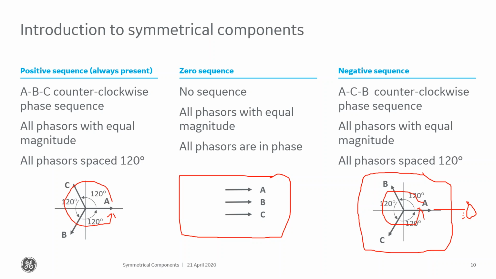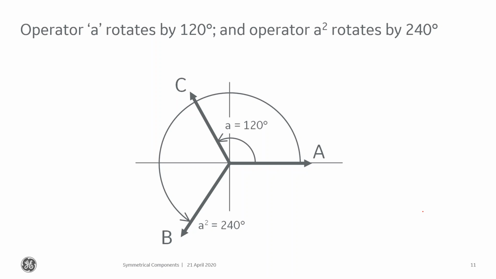But again, all of the phases are equal and all of the phases are equally spaced by 120 degrees. So that's what these three symmetrical components networks become. So the next question we should ask ourselves is, how do I take my measured quantities that I see on the relay and turn those into these symmetrical components so that I can do calculations on fault current, load current, those sort of things? Well, that's what we get to in two slides, okay? But right now, the first thing that we need to talk about is